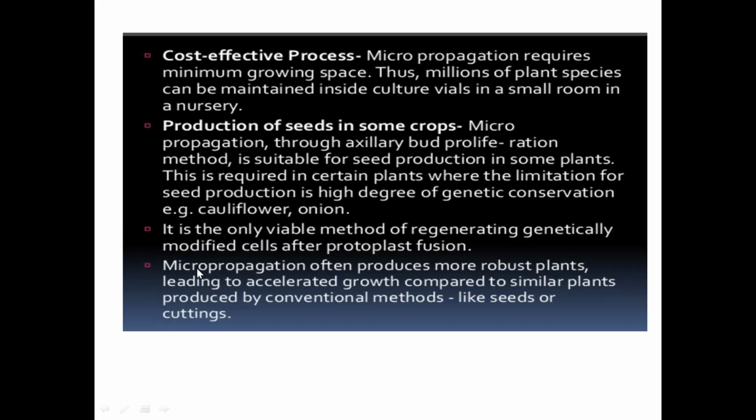Normally, propagation of genetically modified plants is only through micropropagation. You can produce genetically modified plants by using protoplast fusion. Following that, you have to do micropropagation. Otherwise, how can you regenerate the whole plant? You cannot. So genetically modified plants can be regenerated only through micropropagation. So you get good disease resistant plants. You can genetically engineer plants, infuse them with high disease resistance, and get good plantlets.